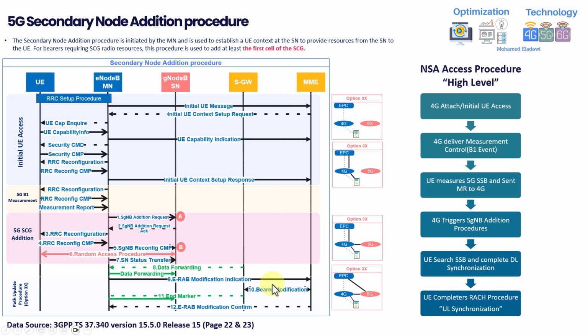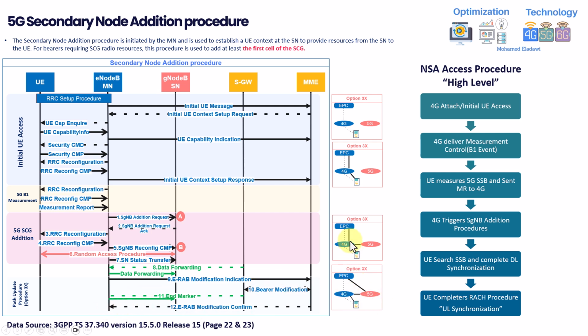Then the MME will send this notification to the serving gateway. Then the serving gateway after that will send something called end marker, which means informing the eNB I'm not going to forward any data to you anymore. So once this is done, now this E-RAB modification confirm will happen here,